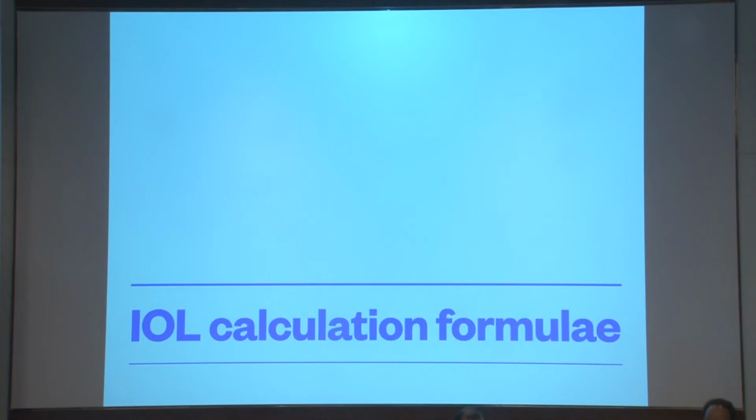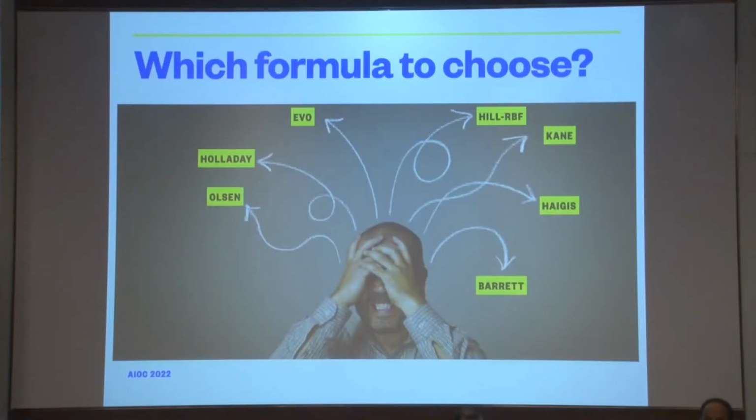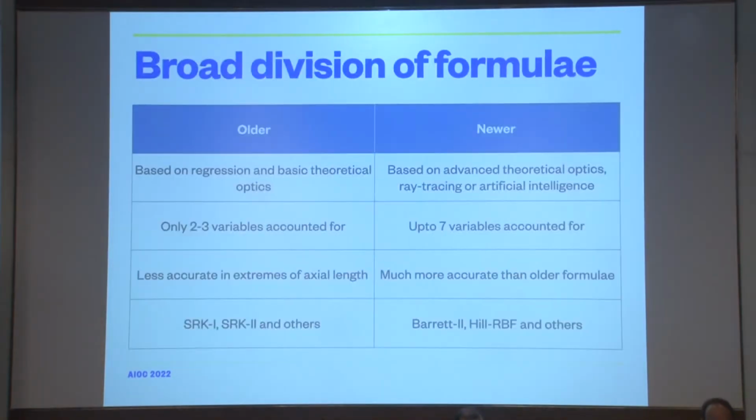Let's talk about the IOL calculation formulae in short and long eyes. There are various formulae available. Which formula to choose is always a conundrum. So I've just broadly divided them into the older and the newer formulae. The older formulae, like the SRK1 and SRK2, were based on regression and basic theoretical optics, whereas the newer ones are based on more advanced theoretical optics, either ray tracing or artificial intelligence. In the older ones, only 2-3 variables were accounted for, and here many more variables are accounted for, leading to more accurate